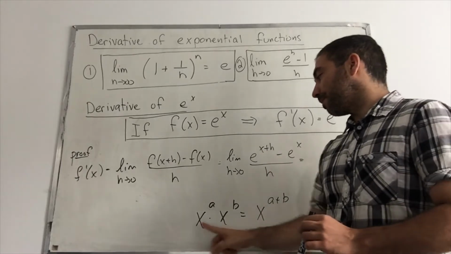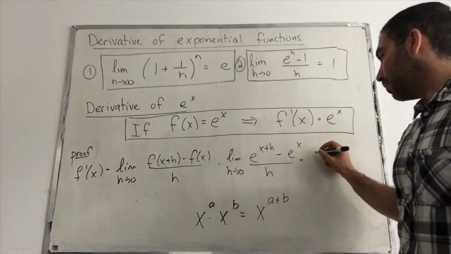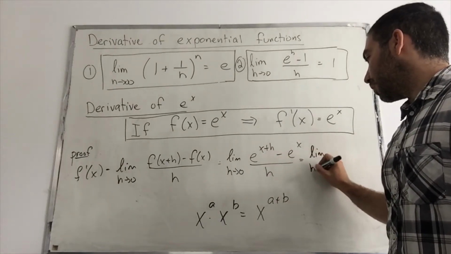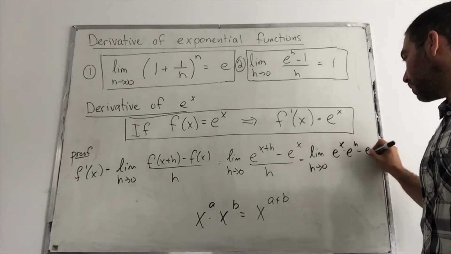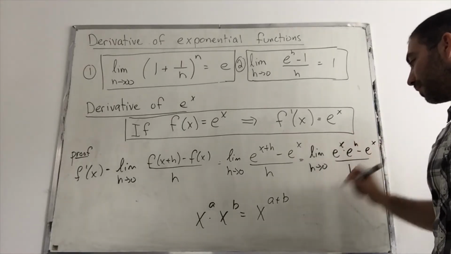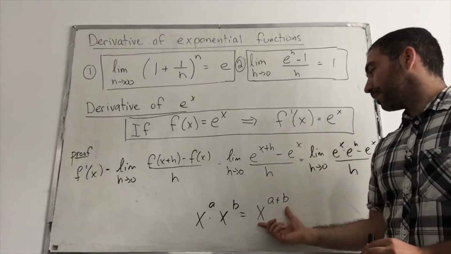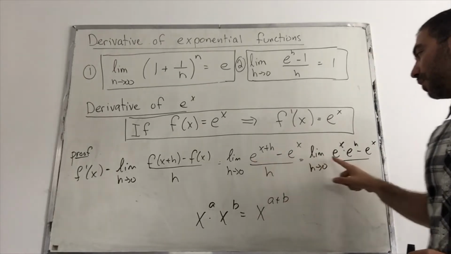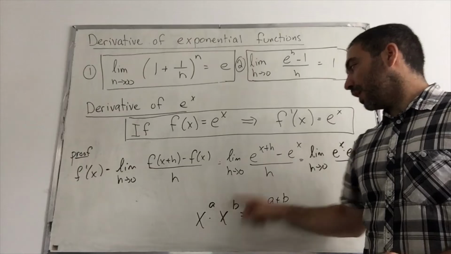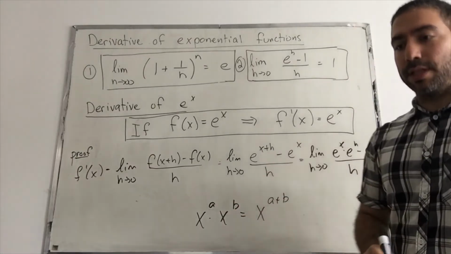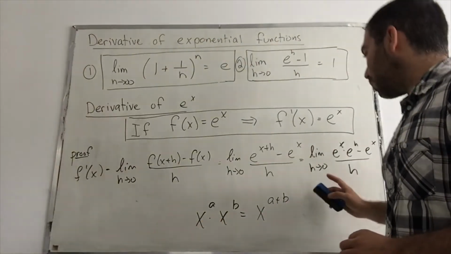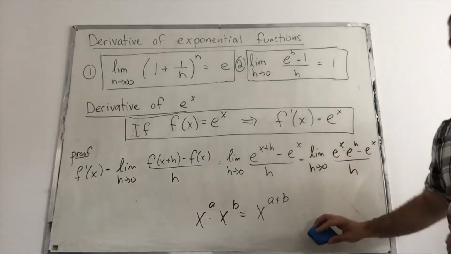So this is equivalent to the limit as h tends to 0 of e to the x times e to the h minus e to the x, all this over h, using this property backwards. So we have the same base, the e, we have two of them now, and we separated the x and the h. The reason why we do this is because now we're able to factor out an e to the x in the numerator,